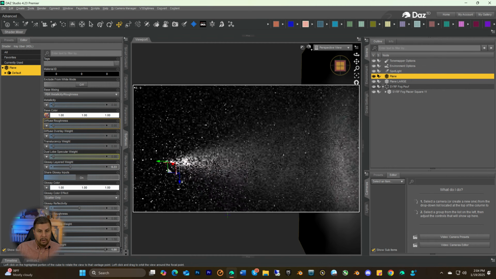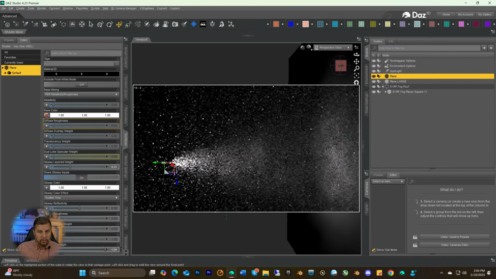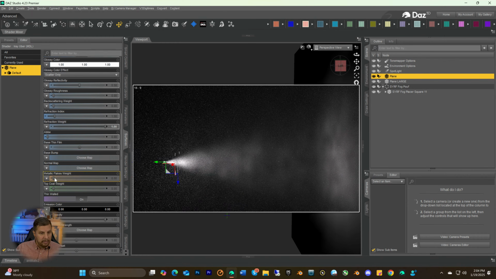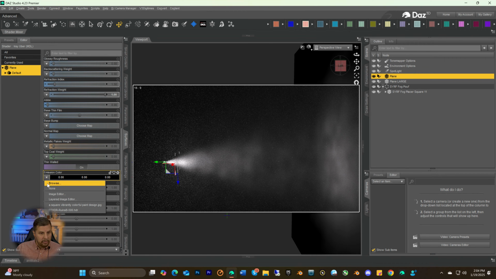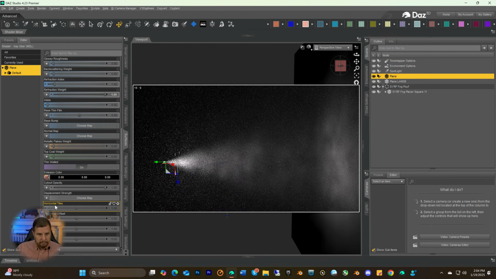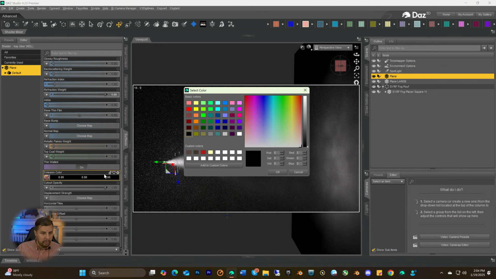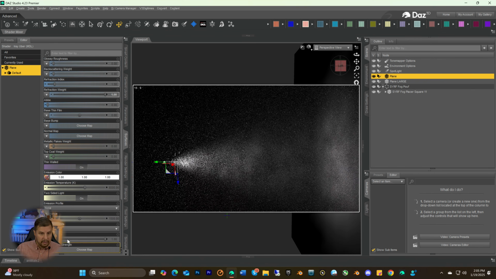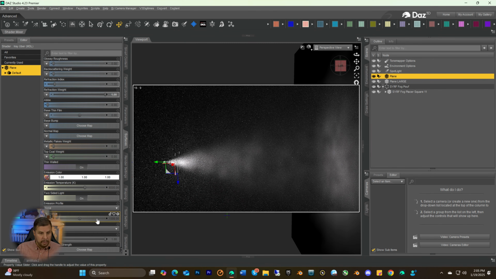No pretty, okay? No colors, okay? So what do we do? You come down here and say, well, maybe it has to be on the emission color. And so we go here. That didn't do it. Maybe I have to turn the emission on. That didn't do it. Maybe it has to be on the luminance. So we put that there. Nope. Okay, we could turn the luminance up, but what that will do is turn